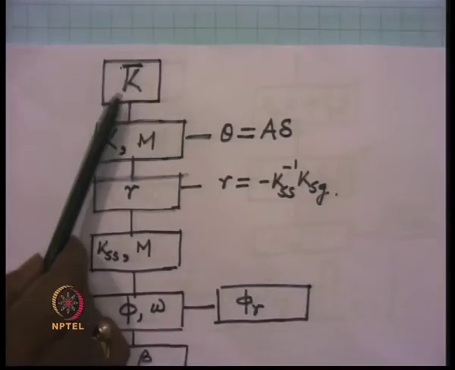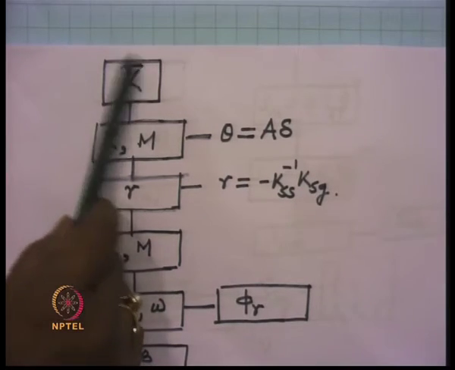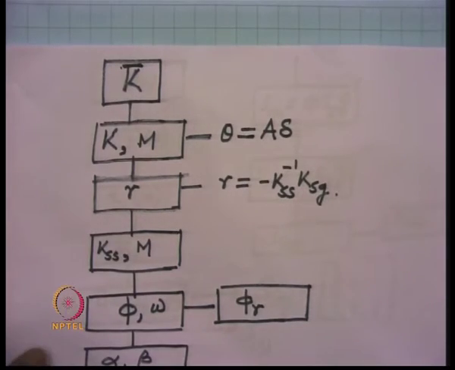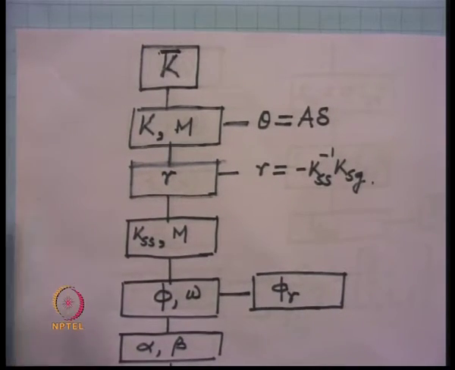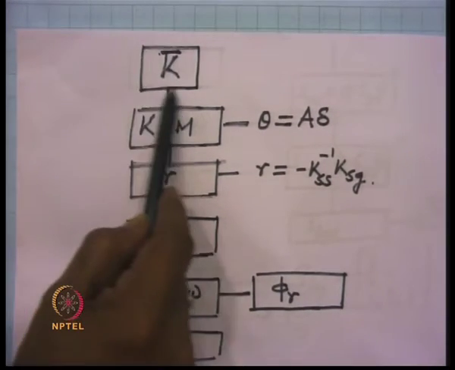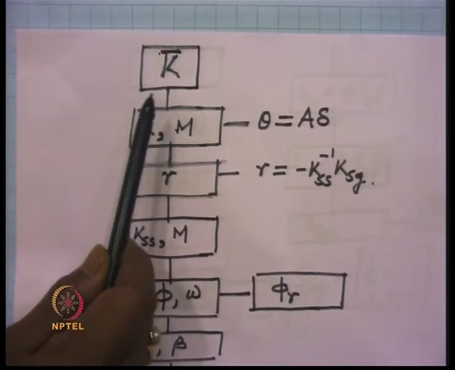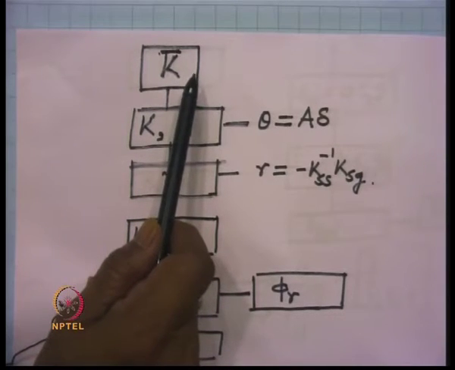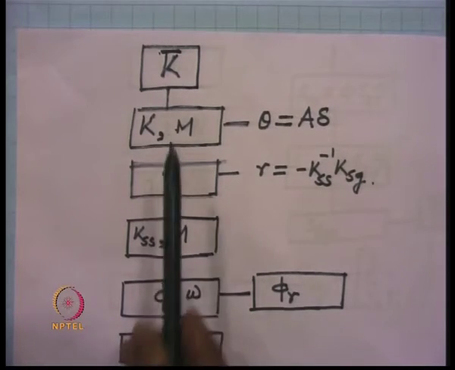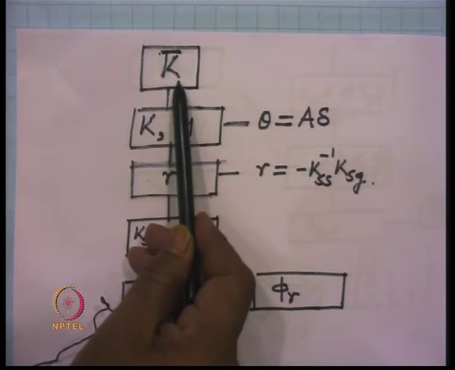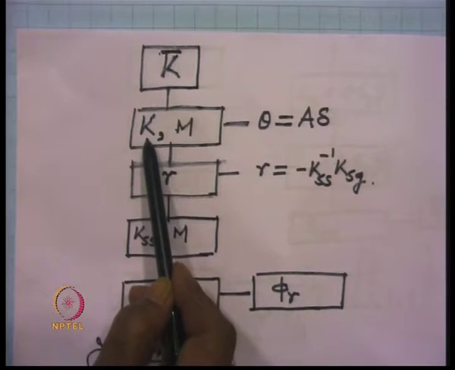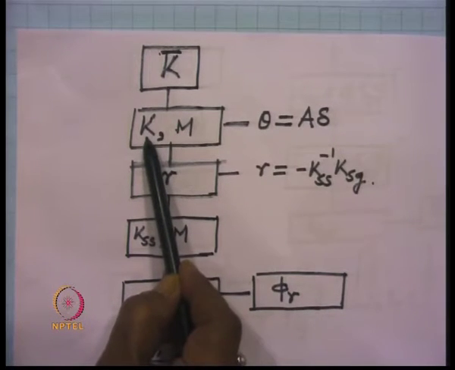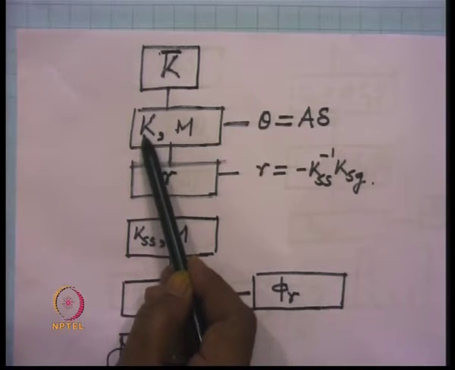So, first what we do is that we take the structure and obtain the stiffness matrix of the structure considering all the degrees of freedom, that is the rotations also are considered, and from this matrix we obtain a K matrix which is a condensed stiffness matrix corresponding to the dynamic degrees of freedom, which are generally the translations,